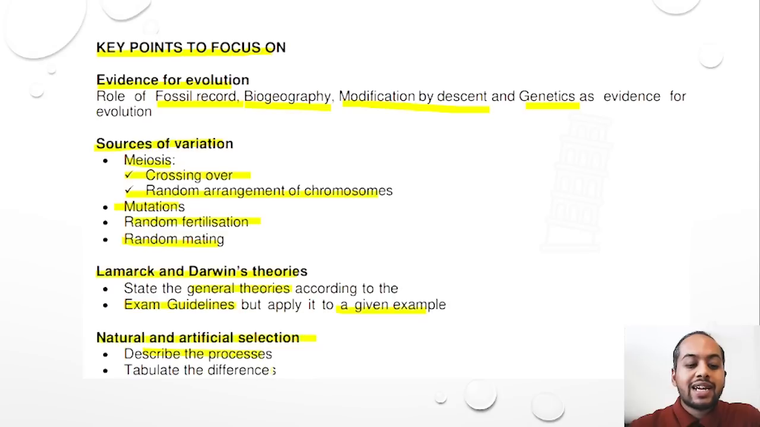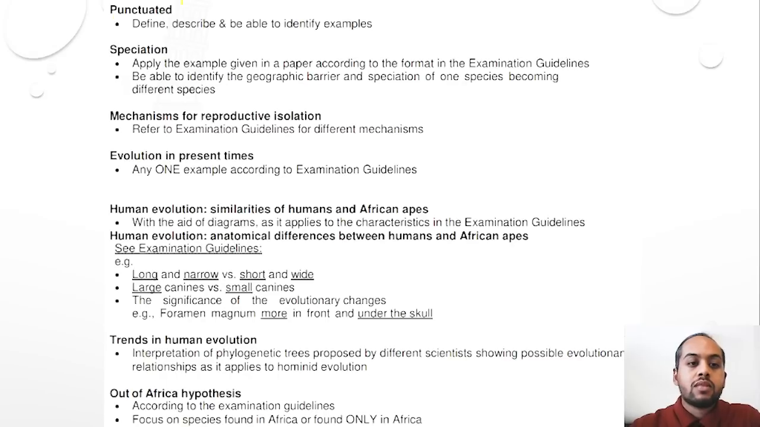where you'll need to describe the process and tabulate the differences. Very, very important: natural and artificial selection. Then punctuated equilibrium, where you define and describe the process of speciation, applying it using an example, being able to identify the geographical barrier and speciation of one species becoming different species, mechanisms of reproductive isolation, evolution in present times,